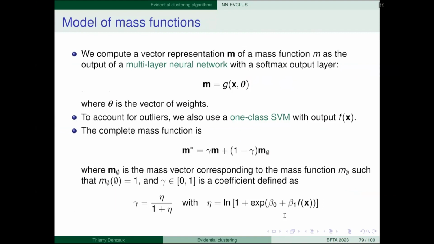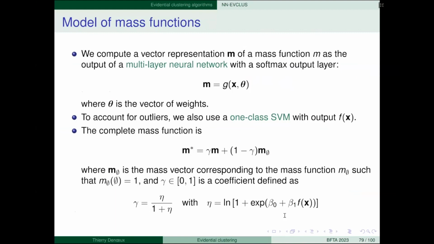I think this is the direction. It will give us as output a function that is high in the region of high data density and low outside. Or I don't remember if it's the other way around, but you can just change the sign, it doesn't matter. And so it will give us some function like this. By defining a threshold, you get some region here that contains the data. It's close to the convex hull of the data. Something like that. And so when you are outside this region, you probably have an outlier.